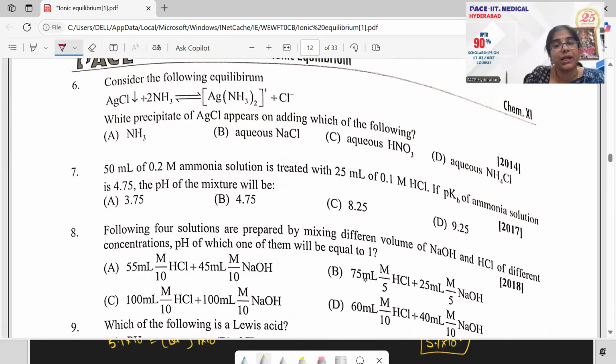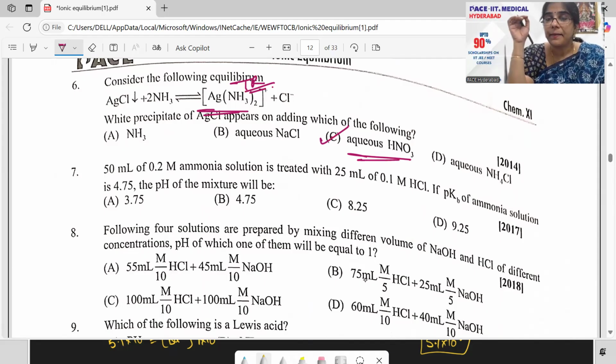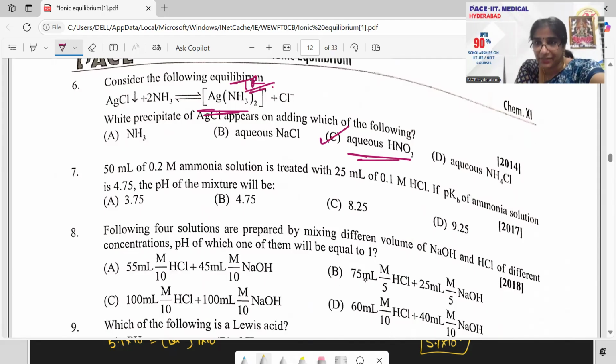All right, next, moving up. Consider the following equilibrium. I can see this complex, but do you remember Ag(NH3)2+ is my Tollens reagent. Tollens reagent is always in the presence of aqueous HNO3. So if you are very clear with your reagents and all, these questions will be beautifully done. Very important, as I told, always go with your reagents, definitely, because reagents and your name reactions